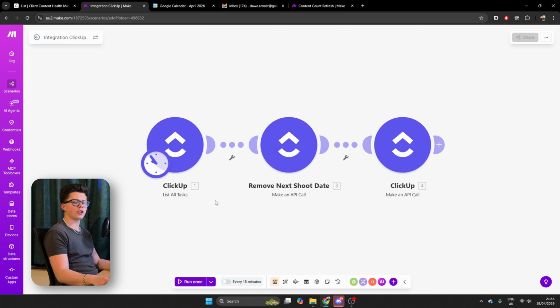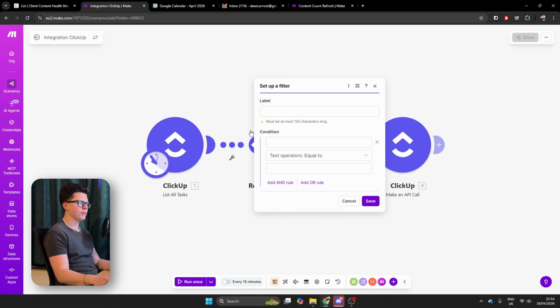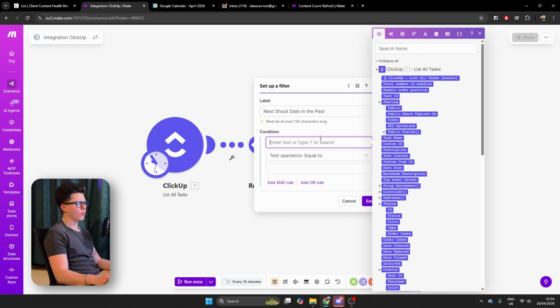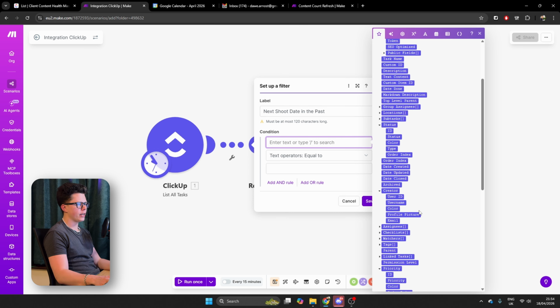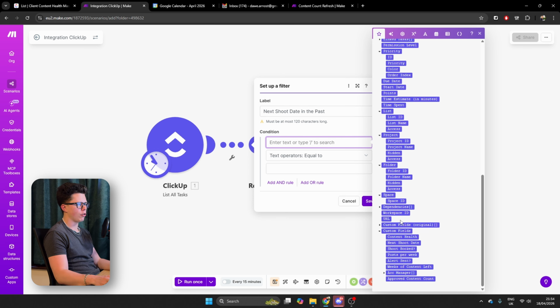So this is essentially going to remove both of the fields, but we only want to do that in certain conditions. So let's add a filter at the very start. And I'm going to call this next shoot date in the past. And essentially, I want to make sure, firstly, that the next shoot date is already filled in. So in my custom fields, next shoot date, and I'm gonna say